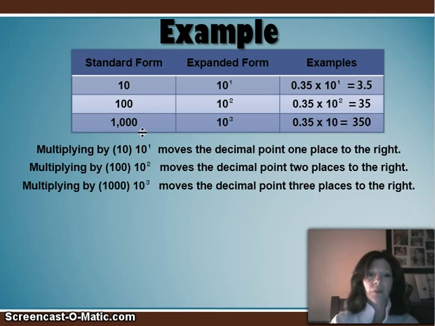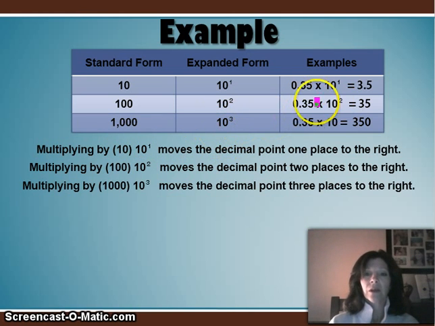Let's look at another example. This is a really simple chart that shows you the repetition pattern. If you look at this chart, it shows you that 10 is the same as 10 to the first power. 100 is 10 to the second power. 1,000 is 10 to the third power. You can see this pattern continuing. If this were 10,000, there would be 4 zeros after the 1, and it would be 10 to the fourth